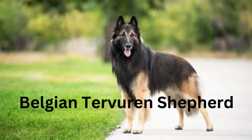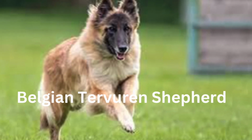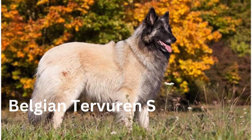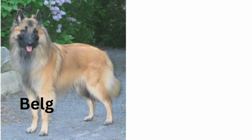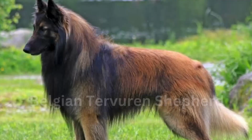History and origins. One of 4 varieties of Belgian Shepherd, the others being the Malinois, the Groenendael and the Laekenois. The Tervuren is more closely related to the Groenendael than to the other 2. Where the Groenendael is always black, the Tervuren comes in a range of shades of red, fawn and gray with black shading to the hair, and it is thought that at one point these were one and the same breed, with the solid blacks that became the Groenendael being split out and bred only to one another, leaving the Tervuren as